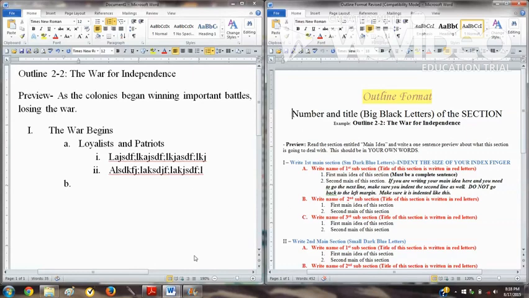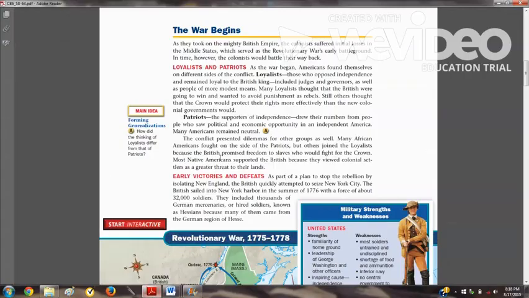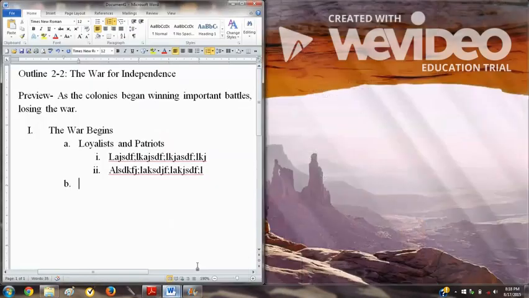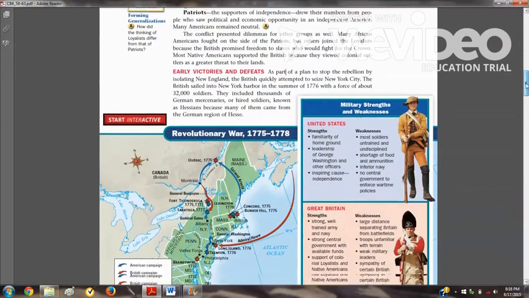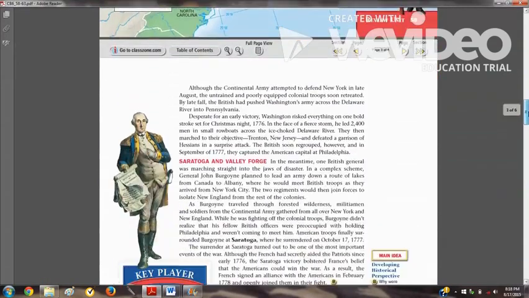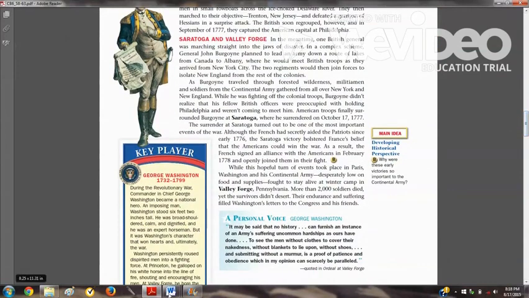So let's go back to the textbook. Textbook tells us B is early victories and defeats. So we're going to put early victories and defeats. Okay, and enter blah blah blah, 1 key idea, blah blah blah, 2 key ideas. You have to read those sections on early victories and defeats in order to find this answer. Then we're going to go to C, and let's see what C is. Is there a C? There it is. Saratoga and Valley Forge. So then we have C,